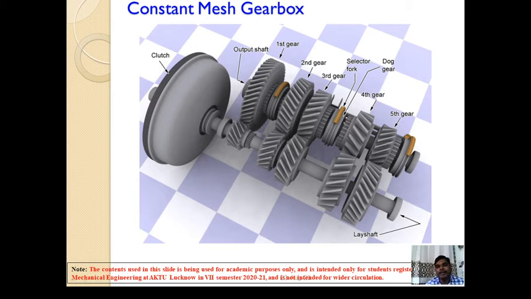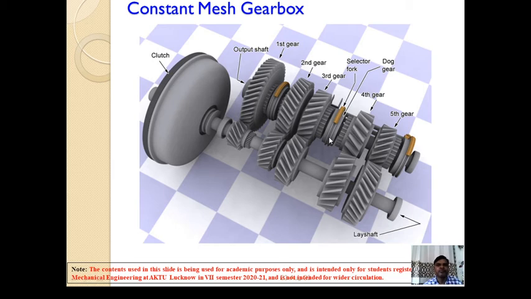So this gives a benefit, because here we can see that it is not compulsory to use straight spur gears. These teeth are basically helical gear teeth. It is not compulsory to use a straight spur gear because they are always in mesh. Then how is the power transmitted to the output shaft? Although these gears fitted over the main shaft are always in mesh with the counter shaft's gears, the power will only be transmitted to the main shaft or output shaft once this dog sleeve or dog gear is attached to the particular gear.